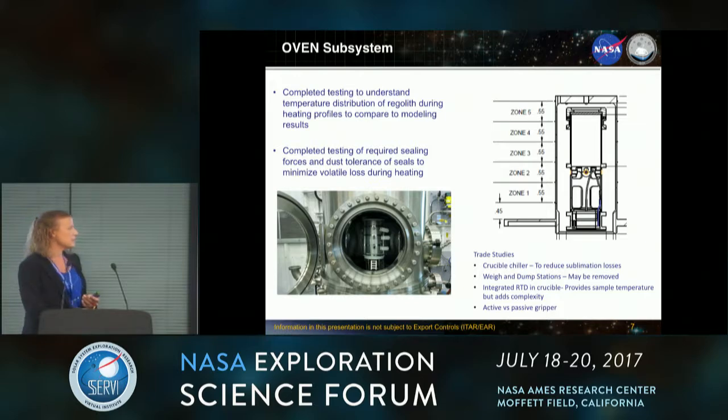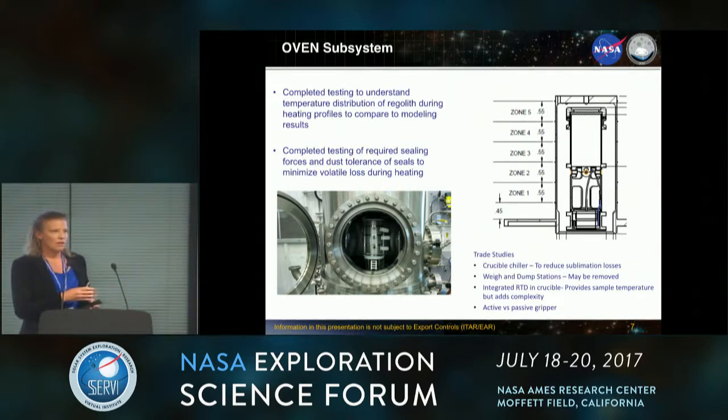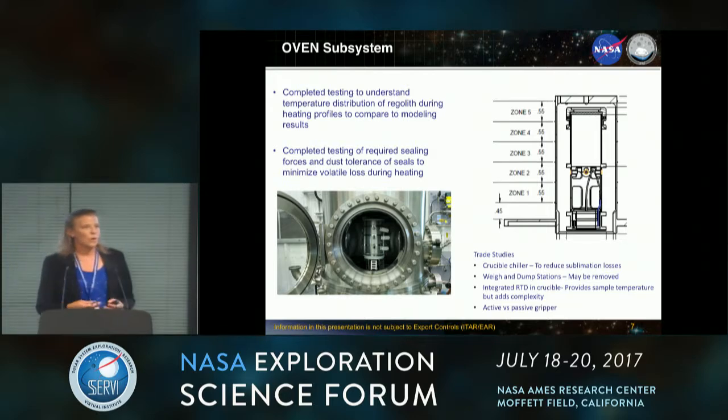We're also looking at the weighing in the dump stations. And given our timeline, we are not sure if we're really going to have enough time for more than 4 samples. And we're understanding the trade between carrying 4 crucibles versus having a reusable crucible. So that is an ongoing trade study. We're also looking at the weigh station to understand, now that plays into our overall accuracy requirements. We right now have a known volume, and that's 12 cc's. However, if we don't have the mass, then that adds to our inaccuracy, so we're trying to work with the science team to understand what our real requirements are